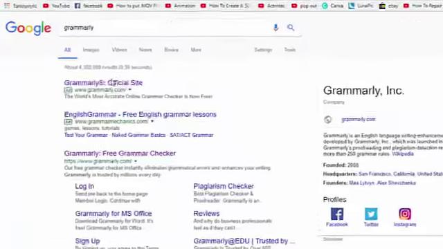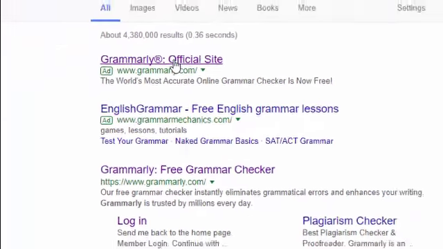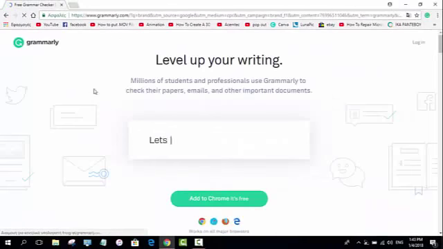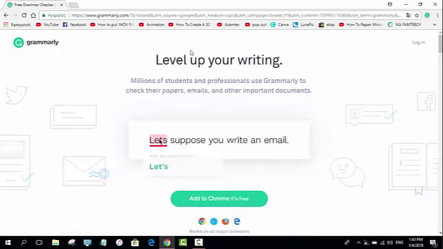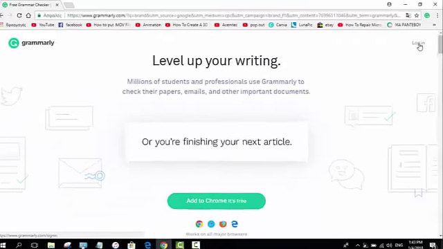Go to the official site here and you're gonna get this page here, some kind of intro. Go to the top right hand corner, login,